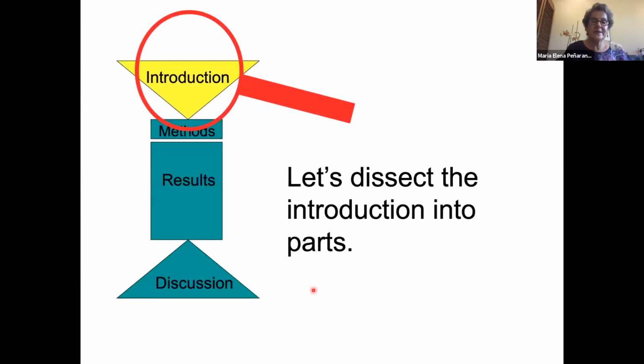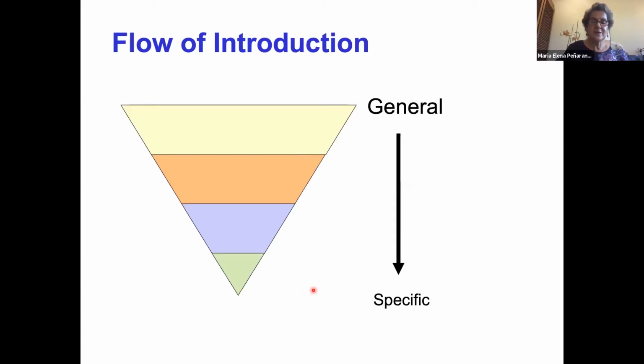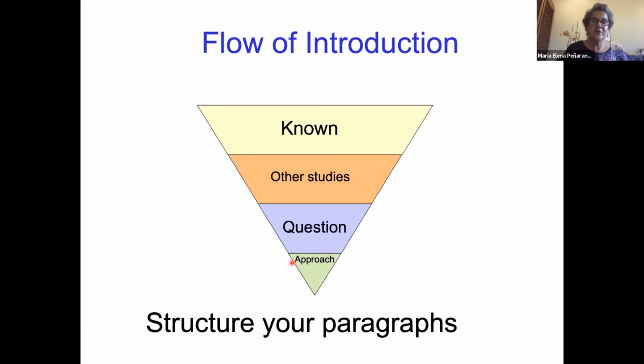So here, let's dissect the introduction and the parts of it from the general to the specific, like we said. So this is the known, widely known. This is general sentences with references always. We cannot say it is well known that Zika virus causes brain damage in children. No, you have to have a reference, or that we have a new epidemic of coronavirus,